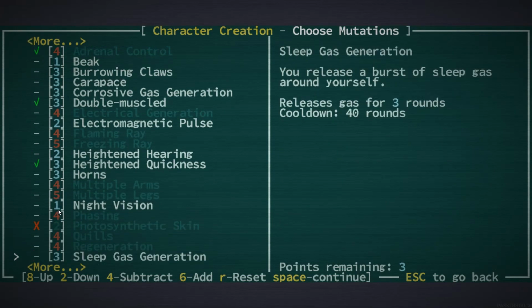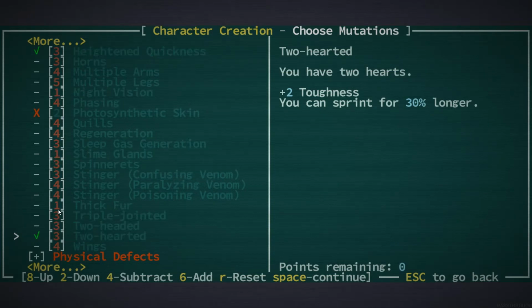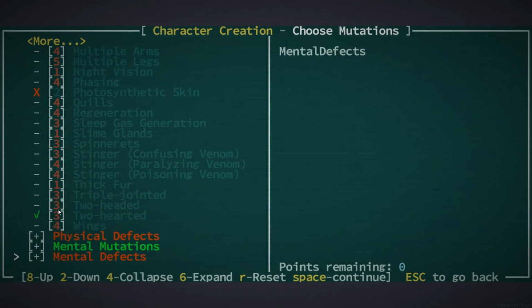And then we're going to take 2 hearted, which gives us a +2 toughness, and makes it so we can sprint longer. Alright, we have 0 points remaining, which means I think I did something wrong, because I'm supposed to have 1 point left to get night vision, but I don't seem to have that. So, let me think about this and see where I went wrong. Alright, it looks like in my initial...